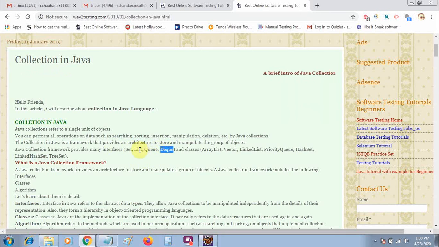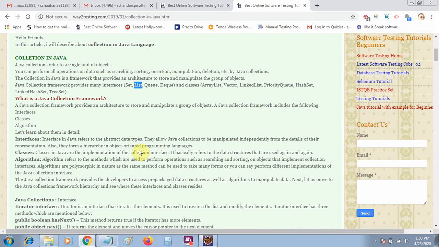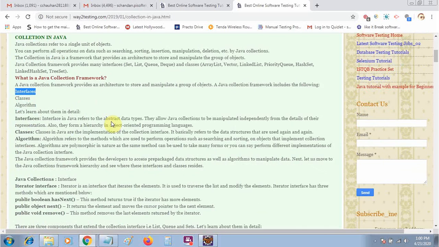Also the main thing that you will use is a list. Now let's move on to the collection framework. When we are talking about the collection framework, it will have only three things: interface, classes and algorithm. We will use mainly the interface.